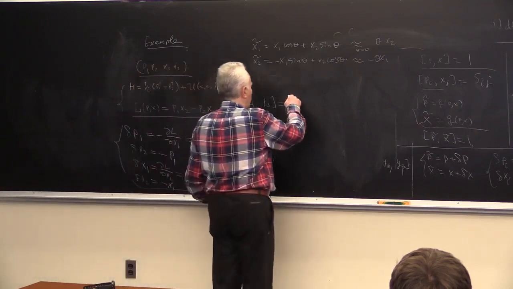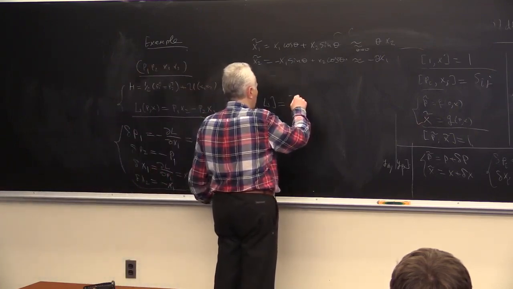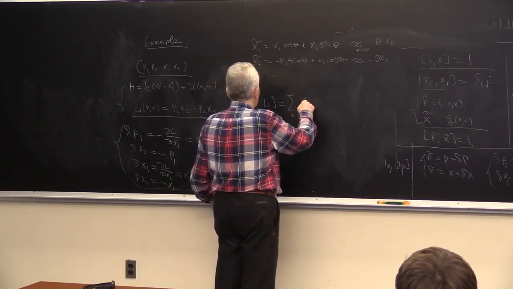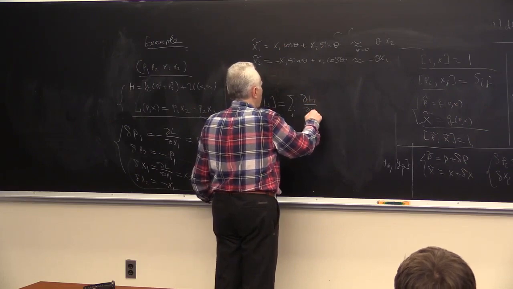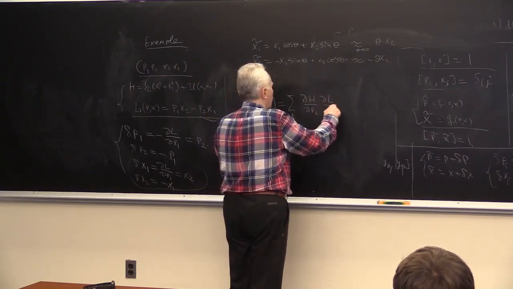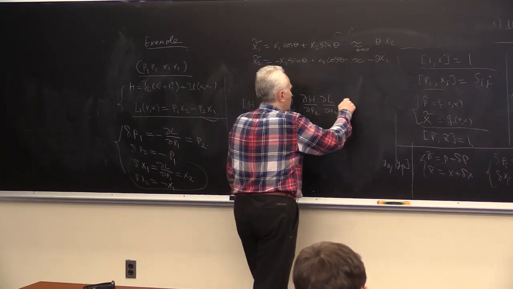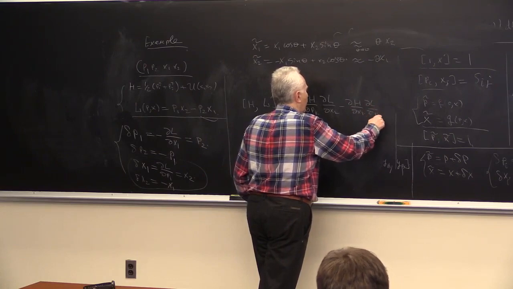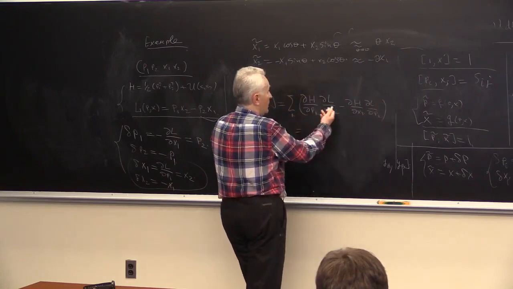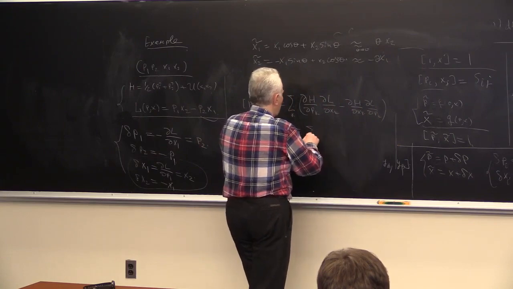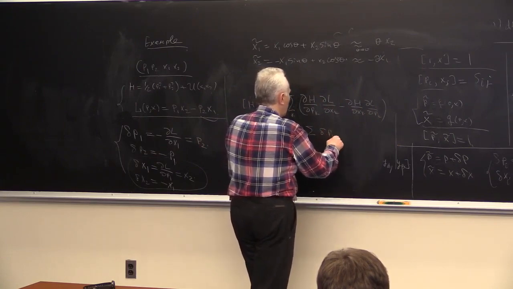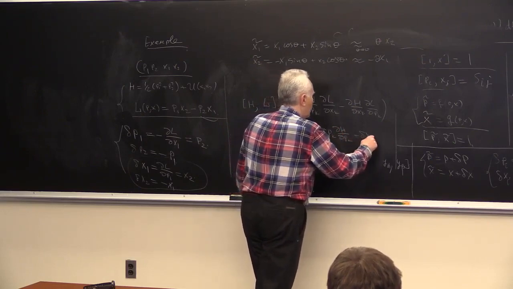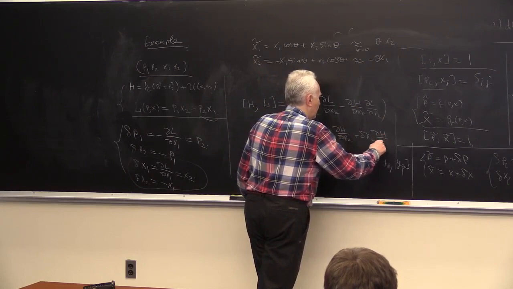Let's write down the general form. Sum over k: dH dpk, dL dxk, minus dH dxk, dL dpk. Or you can write that, using this formula, as just sum delta pk dH dpk plus delta xk dH dxk,